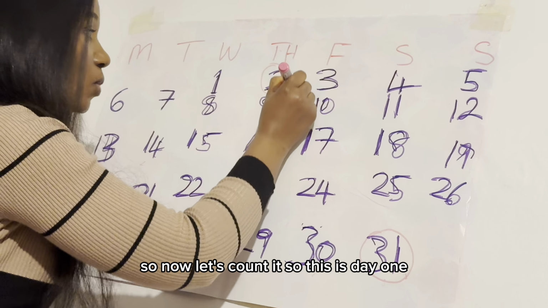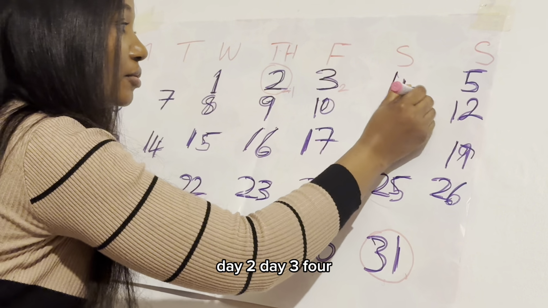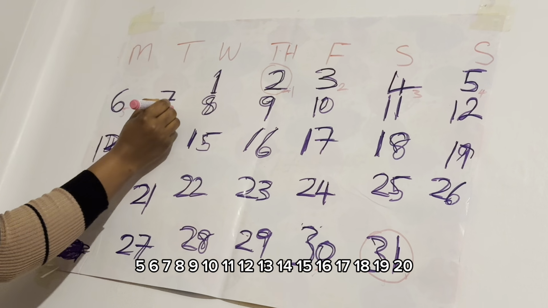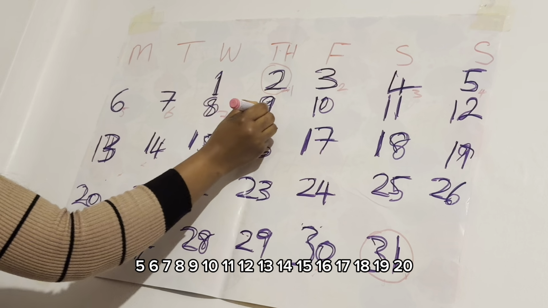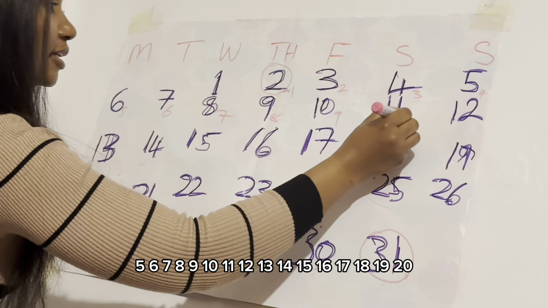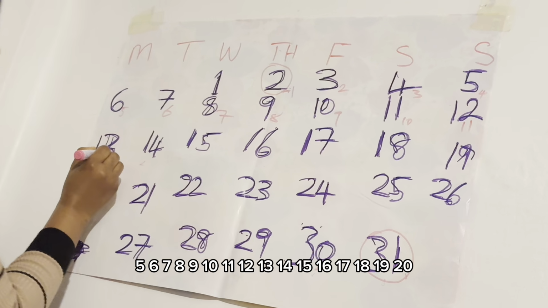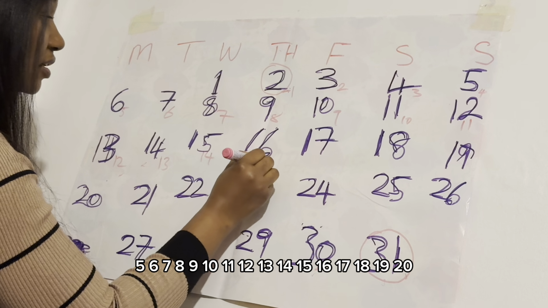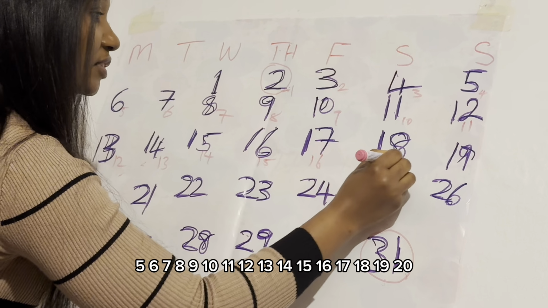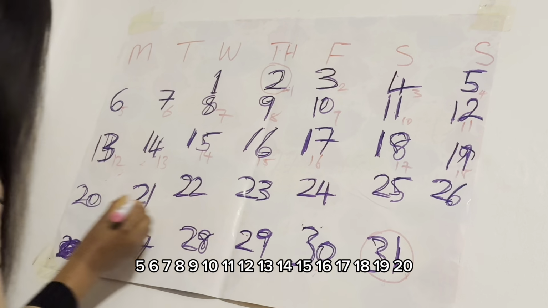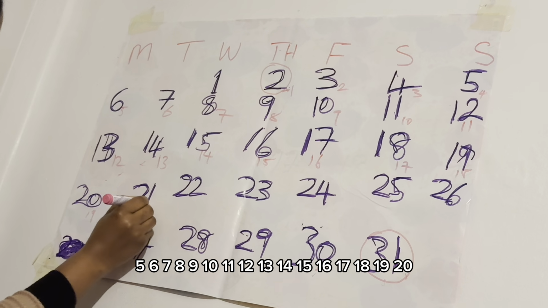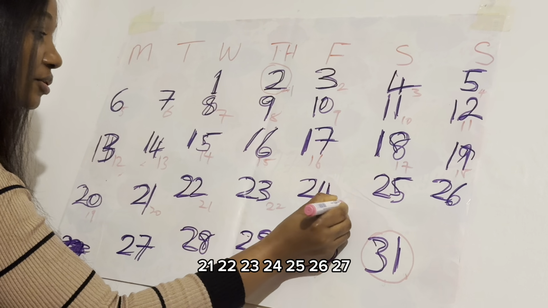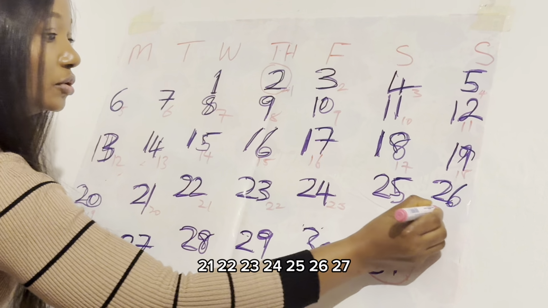This is day 1, day 2, day 3, 4, 5, 6, 7, 8, 9, 10, 11, 12, 13, 14, 15, 16, 17, 18, 19, 20, 21, 22, 23, 24,